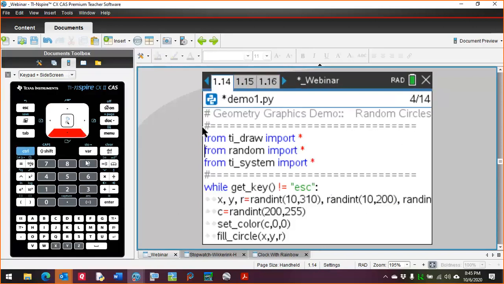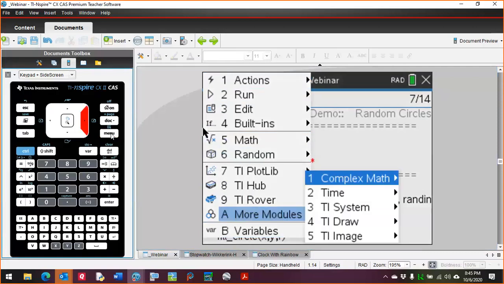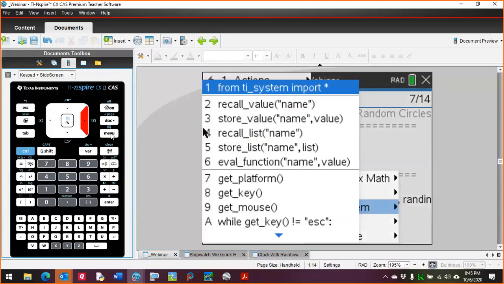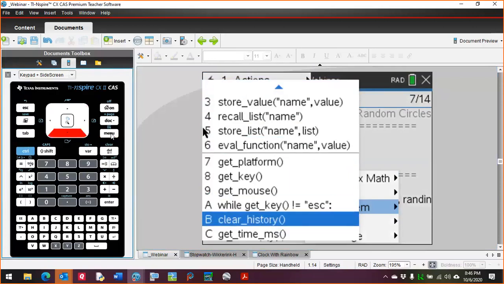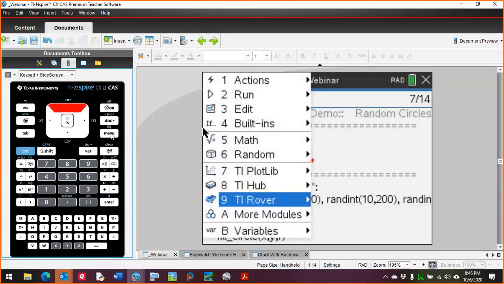The random number generator is used to create random circles. And the TI system menu is used for this: while get key is not equal to escape. The escape key is used to break out of many, many programs. And this is built into the menus all over the place. If I press menu, more modules, and look at TI system, you'll find while get key is not equal to escape on this menu. You'll also find it in the rover menu under commands,